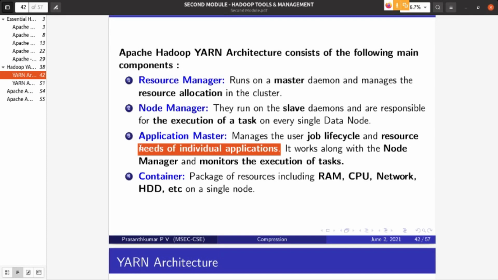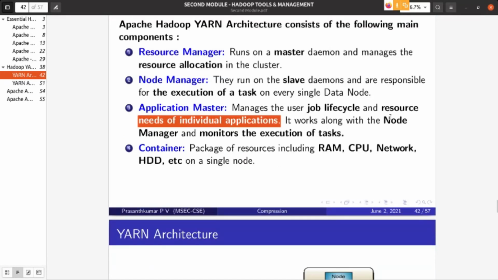Who will do all this? The application master will do it. It works along with the node manager and monitors the execution of tasks. Where can we see the application master? We can see it in the node manager, and the node manager is in the data node.